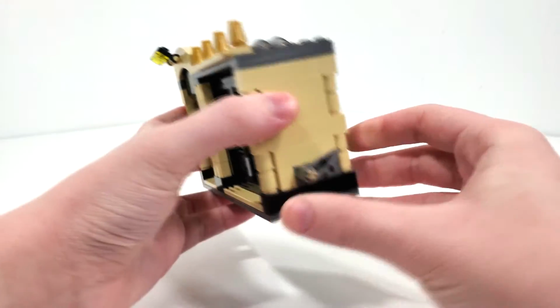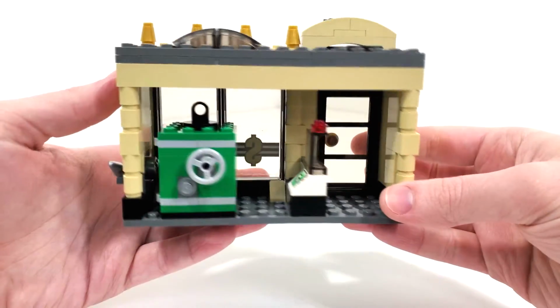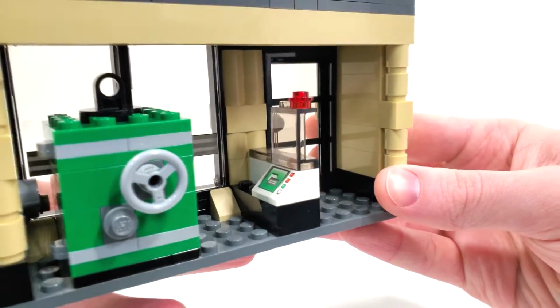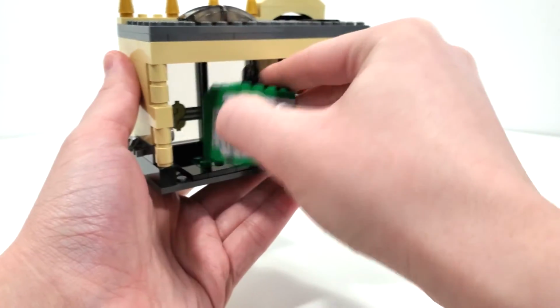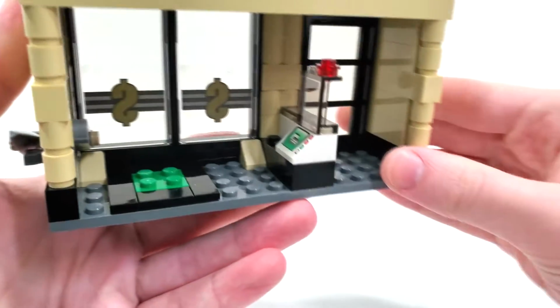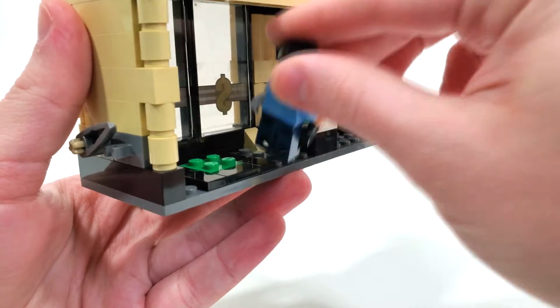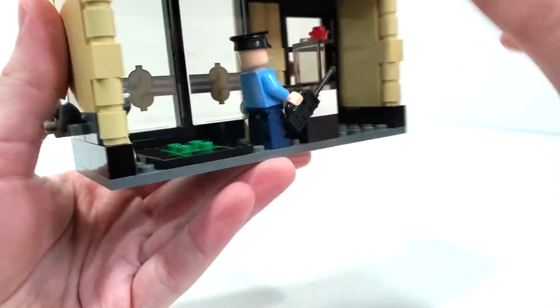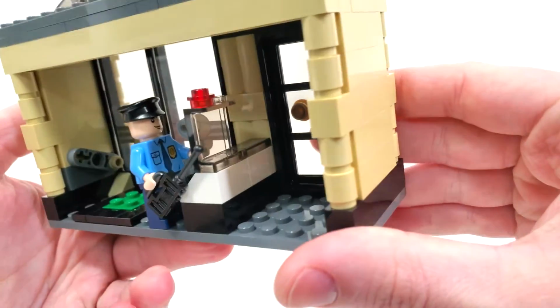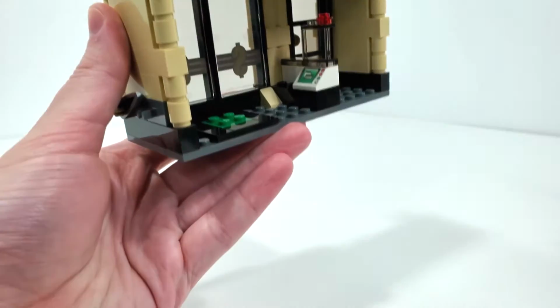We also have another cool feature from the side, which we'll get to momentarily after looking at the interior of this set, where you have the little safe area, which you can also remove if you really want to see that it's connected via that studded area. We have some controls here for your guard minifigure. You can toss him behind the wall. And of course you can have customers come in and get their money out of the safe, though of course there is the problem that Two-Face breaks in,